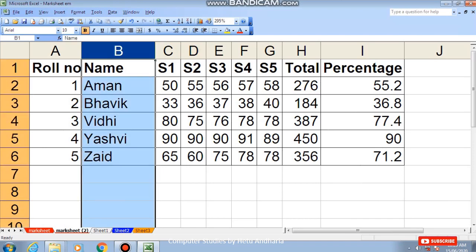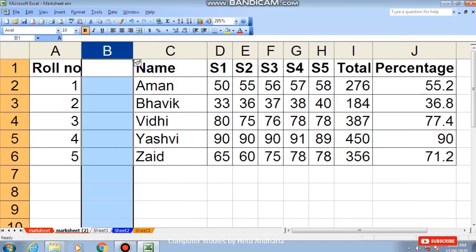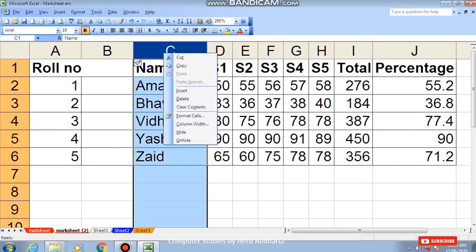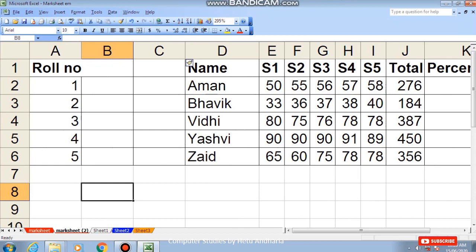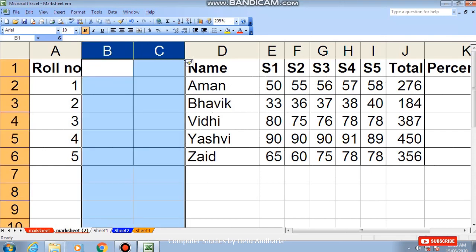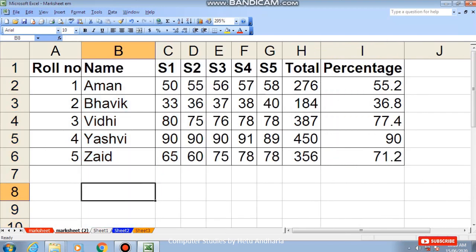According to the textbook, you have to select the column and click on insert menu, and from insert menu you will get the column option, and shortcut method is right click and insert. Next thing is how to delete a column. For deleting a column, there is no delete menu here, so you have to select the column or columns, one or more columns, right click and delete. Next thing is